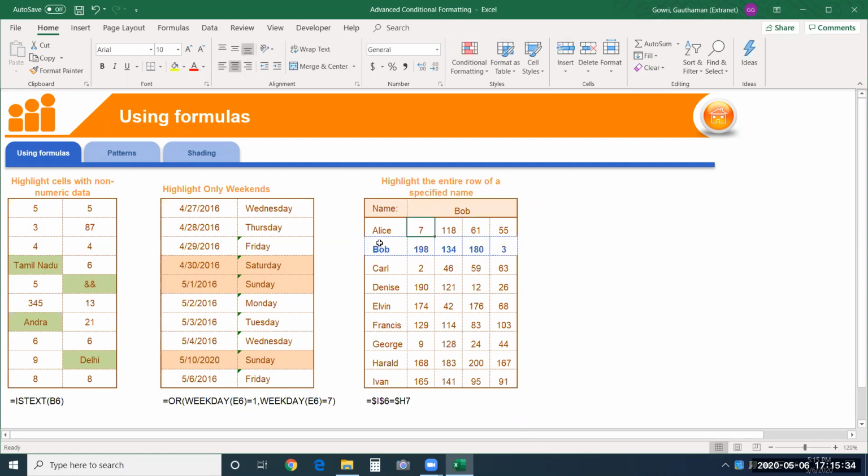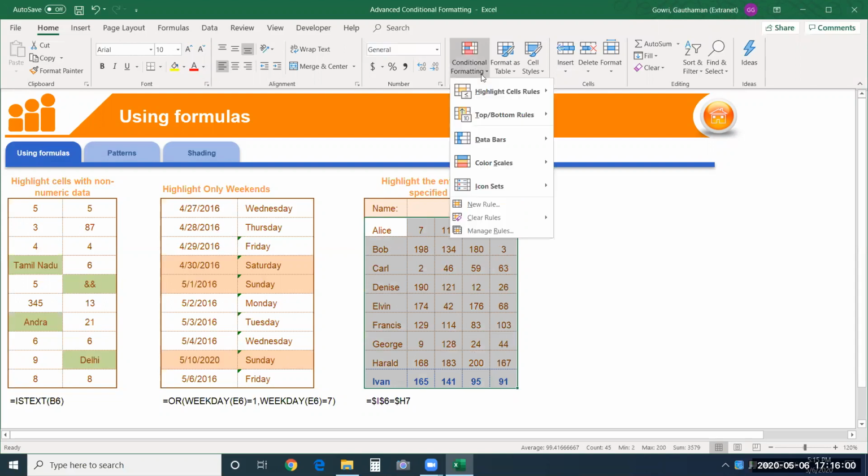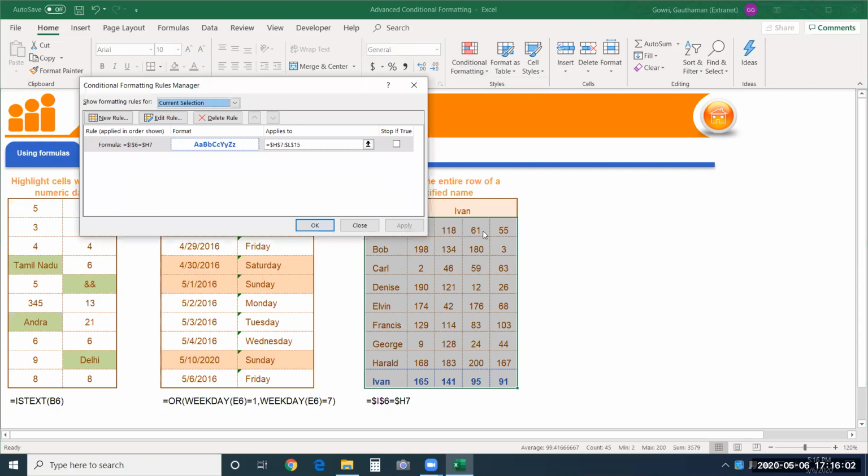You can see here, these cells have been highlighted in a different way altogether. It's different from what is there in the other rows. And let me change the name. This time I'll give Ivan. Can you see this? Now let me apply a color as well. I'm going to edit this, select the range again. To make it more evident, I want to change the color also.